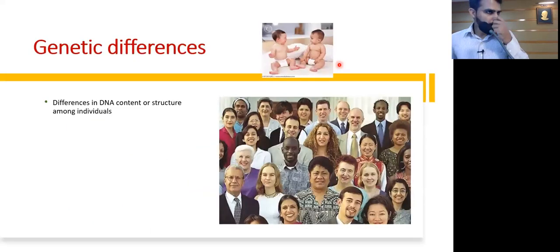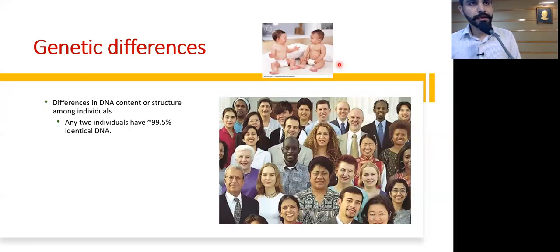So why do we actually study genomics? First of all, we want to know the genetic information of an organism. In the Human Genome Project, we wanted to know the complete genomic information of humans. And we did that. We have established the genome of the human. But in addition to genomic information, we are also interested in what are the differences in the genetic makeup of